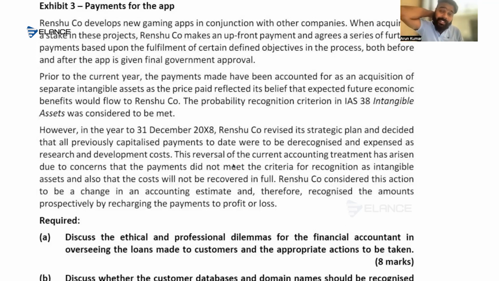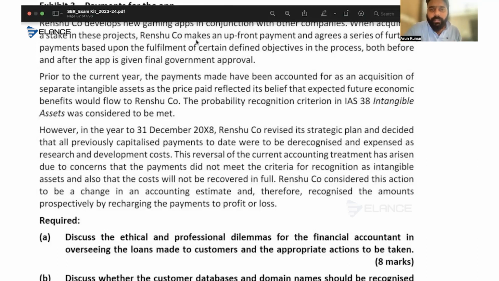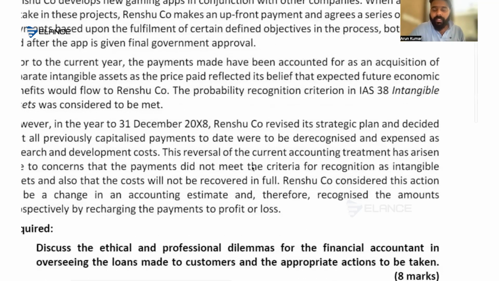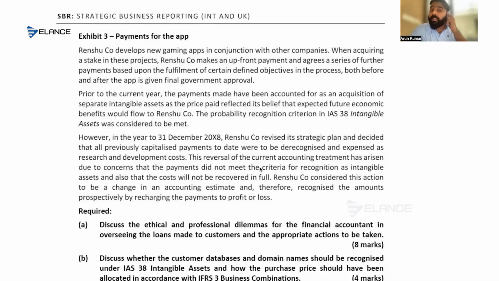We will consider it as an indicator for impairment. Okay, if we have any doubts over the recoverable amount of that intangible asset, then we have to test it for impairment. We cannot just simply derecognize an intangible asset like this. And this should be treated retrospectively, because it's a change in accounting policy.